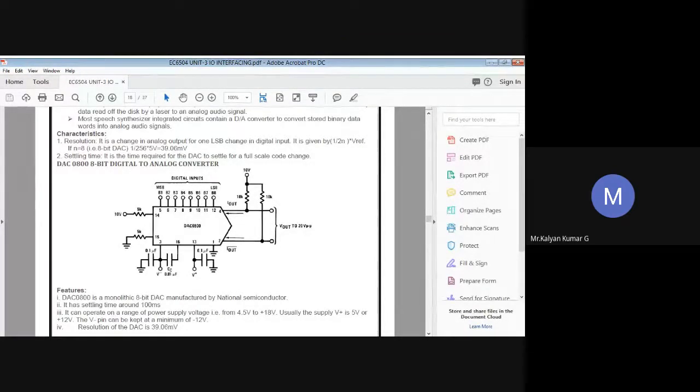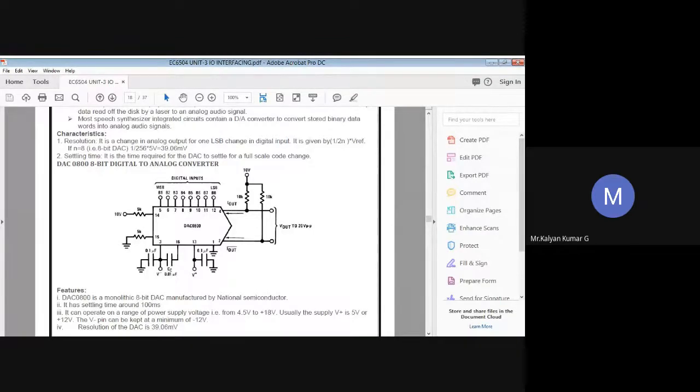As you know, what is the purpose of a switch? Let me explain. Normally the switches used in this D2A converter can be simple transistors. I hope you know that a transistor functions as a switch. So I'm going to use these transistors as switches, which connect the resistance either to the ground or to the reference voltage.